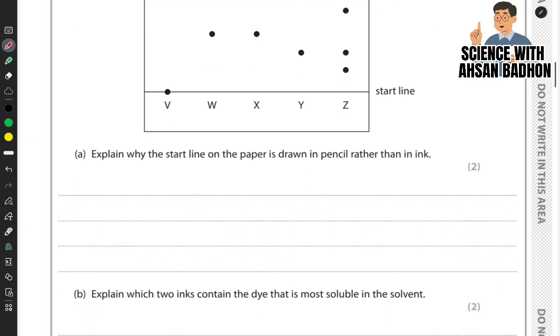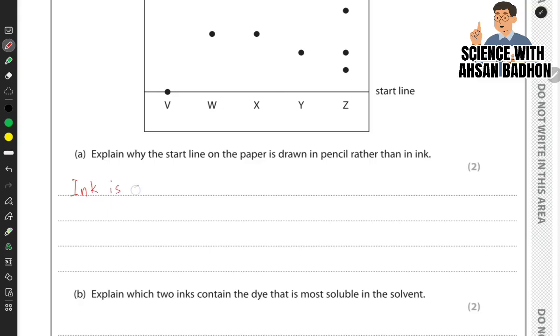The first question says, explain why the start line on the paper is drawn in pencil rather than in ink. So we know ink is also a dye, so the pen ink might also dissolve in water and it also produces smudges or any other dots due to its solubility in water. So the first answer, there are 2 marks in this question, so we need to answer 2 points specifically and explain it. The first one is, ink